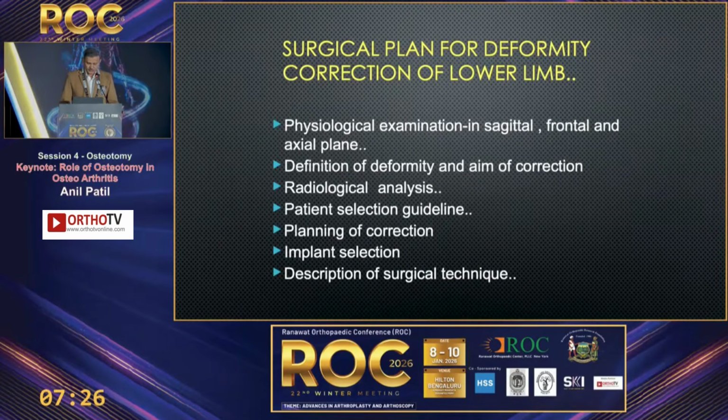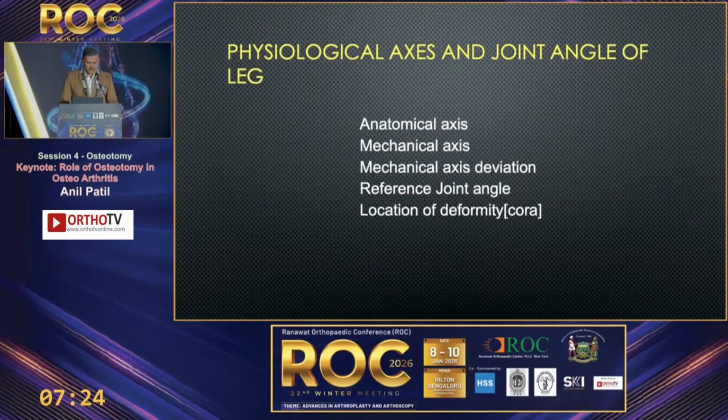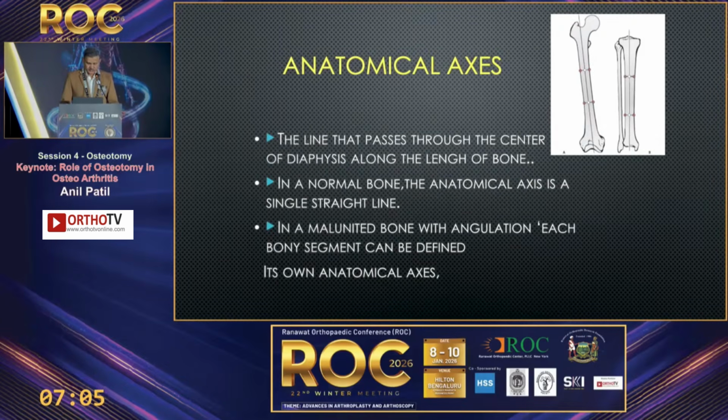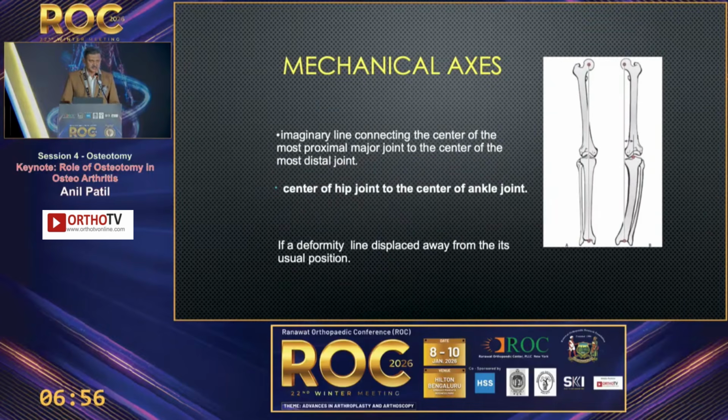These are the various plans we need to make. I think these have been explained by the previous speakers, but in general we need to know the anatomical axis and the mechanical axis. The mechanical axis deviation will help you with the amount of correction we need to do, and of course the point of correction, because this is very important. Today we are talking about the metaphyseal correction, which is the medial opening or the lateral closing. The anatomical axis is the axis along the diaphysis of the long bones. The mechanical axis is the line through the center of the hip, knee, and ankle joints, and in a normal knee it passes at the center.